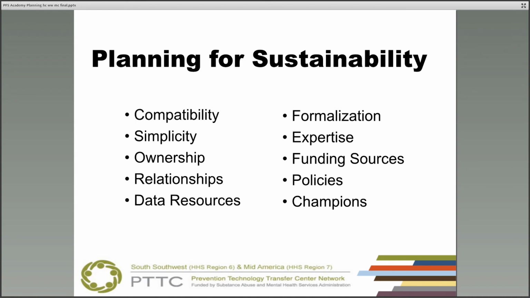this dates me. We actually started the project at the turn of the century. That sounds like it was a long time ago, but this is only 2020. But it was in the late 1990s that we started thinking about and developed a project for sustainability. So what we did was an extensive literature review and looked at what were all the factors that the research indicated, as well as some practical